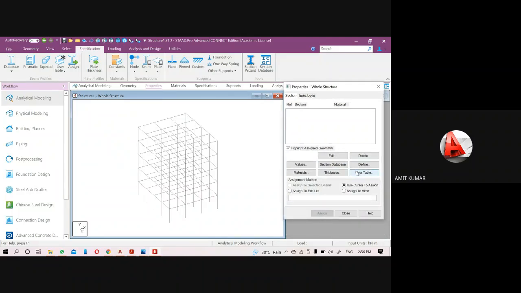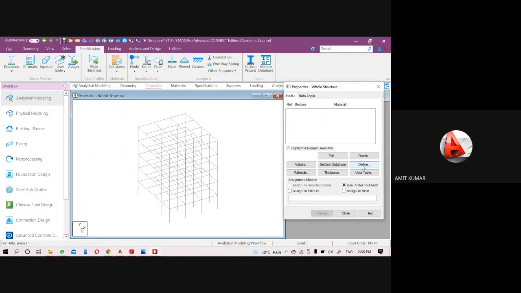If you want to assign the properties of a concrete beam and column, then we have to use the define option here.